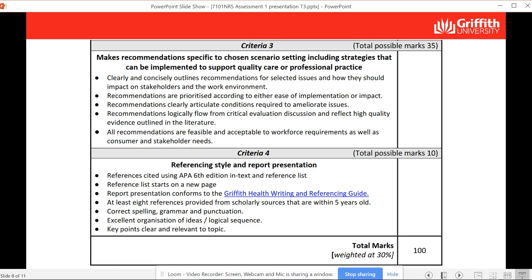Criteria 3 is worth up to 35 marks. Again, there are 5 things that we're looking for here. And this is all about the recommendations that you make in support of your chosen scenario, including the strategies that we can implement to support improved quality care and professional practice. So firstly, clearly and concisely outlining the recommendations for select issues and how they would impact on stakeholders in the